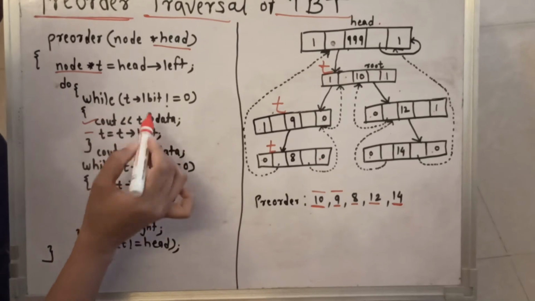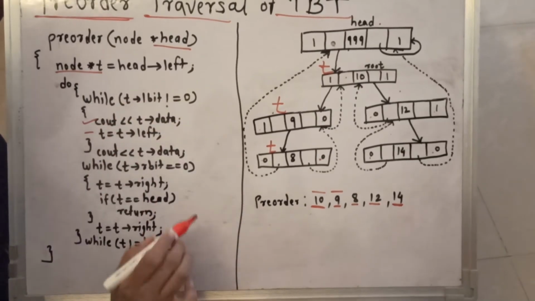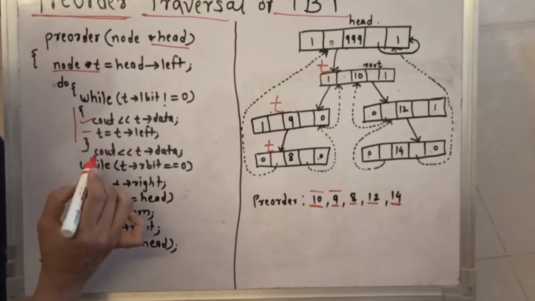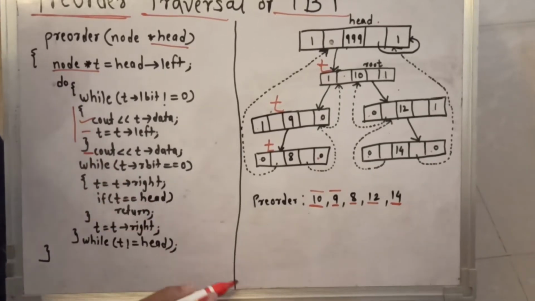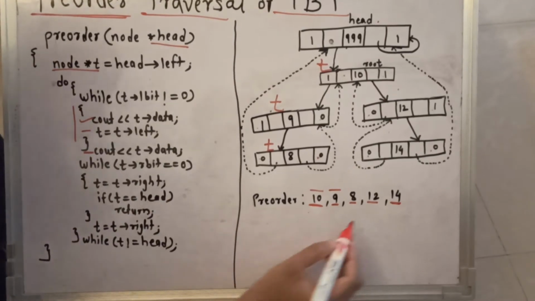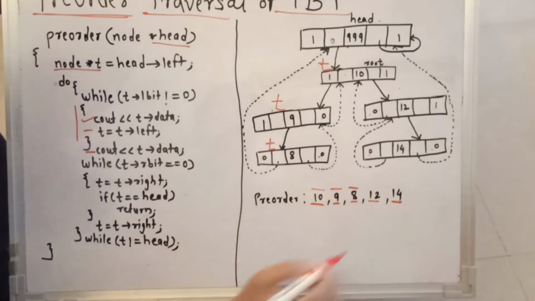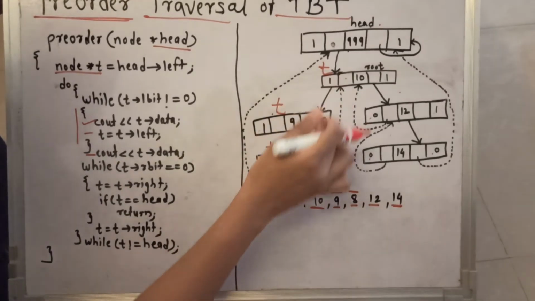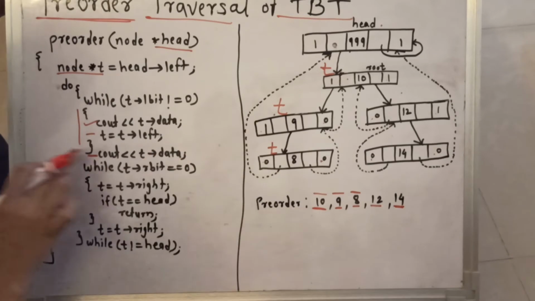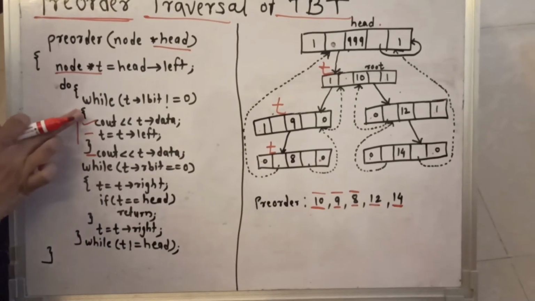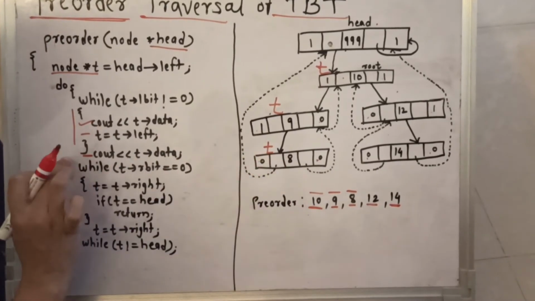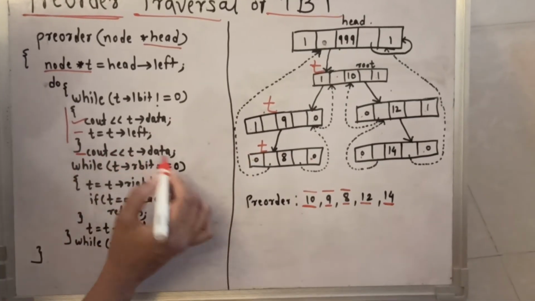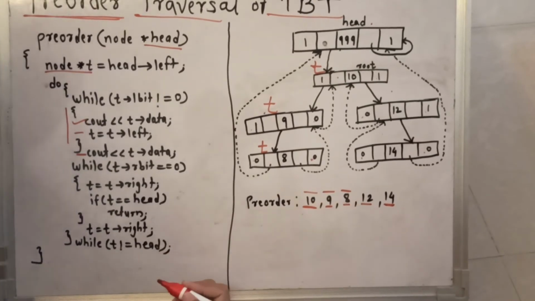Now as it is inside the while, t's L bit is equal to 0, so this condition will become false. The execution of this while will stop here and it will execute the next statement, that is cout t data. So it will print the value 8 here. If you see, the 8 is nothing but the leftmost child present in the tree. So this value we print outside the while. Inside the while the 8 will not be printed. Manually we have to print this value, so we have written the statement cout t data. So we will get the output 8.